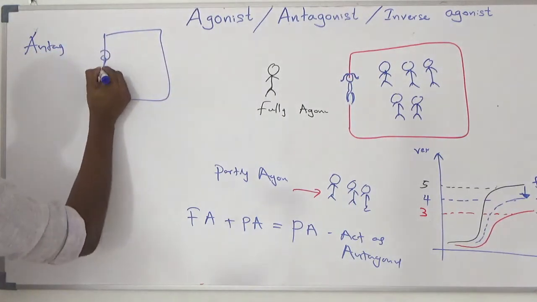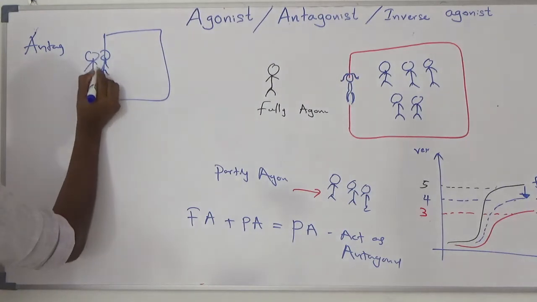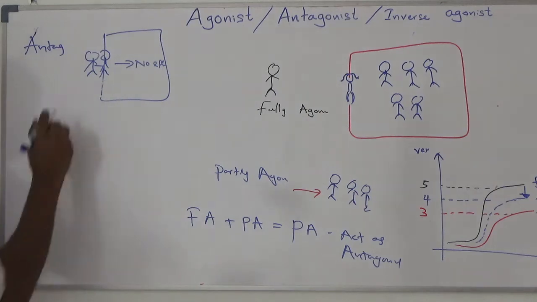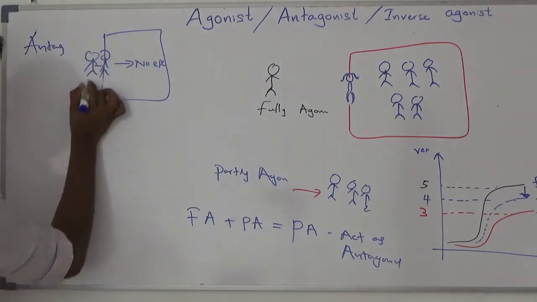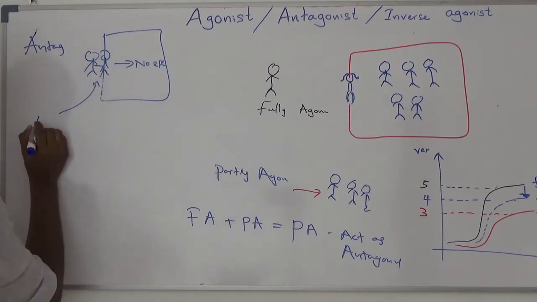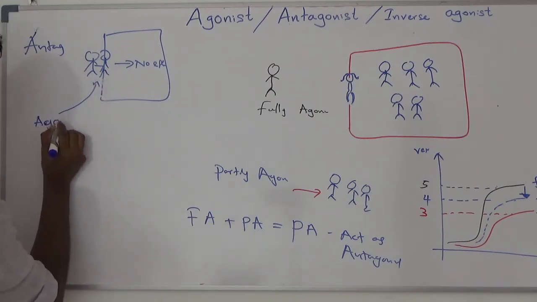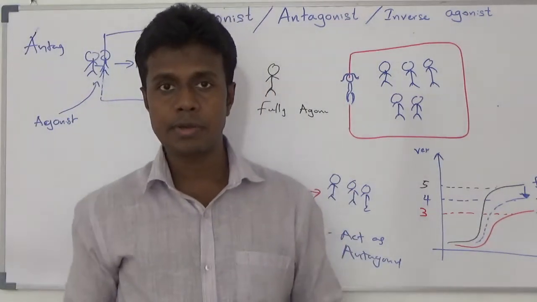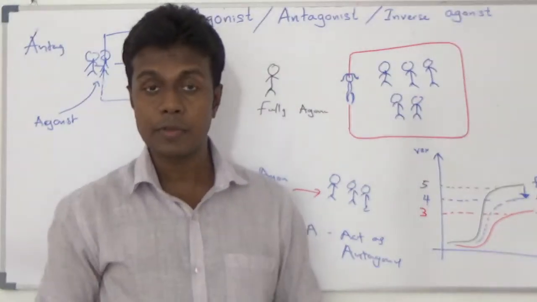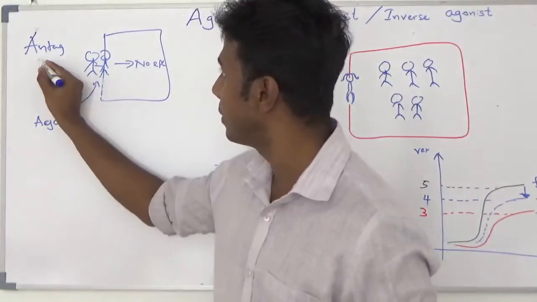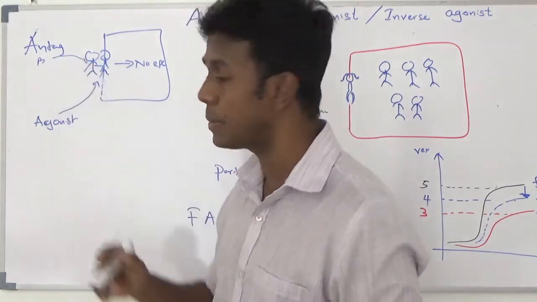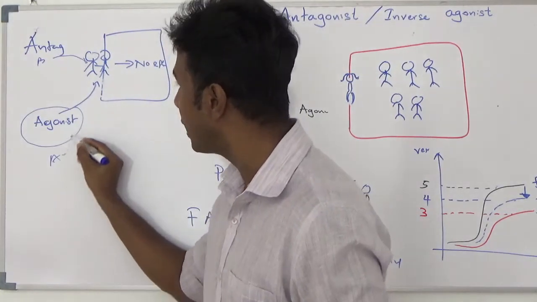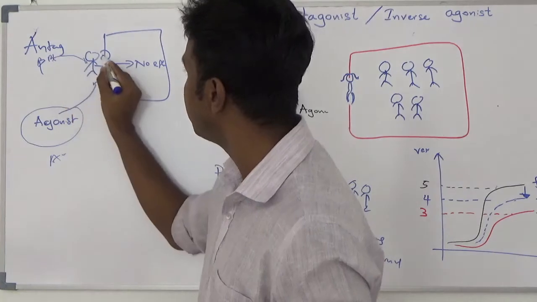So your antagonist is going to bind to the receptor. So no effect. Simply what your antagonist does is, it does not allow your endogenous agonist to bind. Your body has endogenous agonist. On your beta receptors, endogenous adrenaline goes and binds. If I give beta blockers as antagonist, the beta blockers go and bind your receptor. Then your endogenous agonist, adrenaline, can't bind.